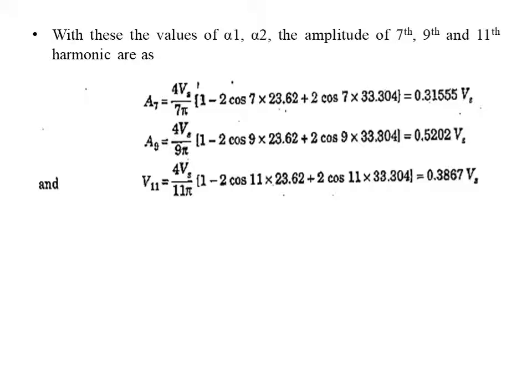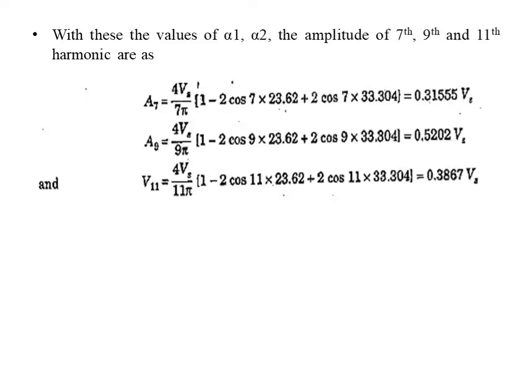0.31555 Vs. Similarly, the ninth order harmonic A9 is equal to 4 Vs divided by 9 pi into 1 minus 2 cos 9 into 23.62 degrees plus 2 cos 9 into 33.304, which will give you 0.5202 Vs, and the 11th order harmonic A11 is equal to 4 Vs divided by 11 pi into 1 minus 2